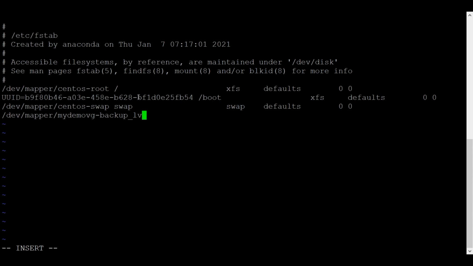So this is my source, backup LV. Press one tab, then the mount point will be backup, with the ext4 file system. Let the default options be as they are, and the next is data LV, same options, right?